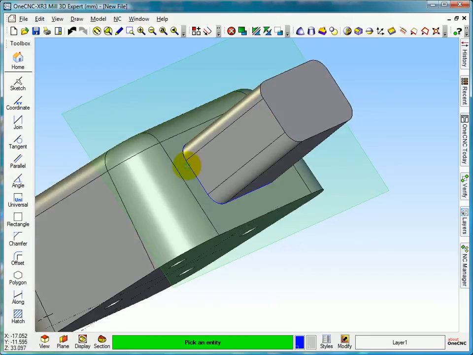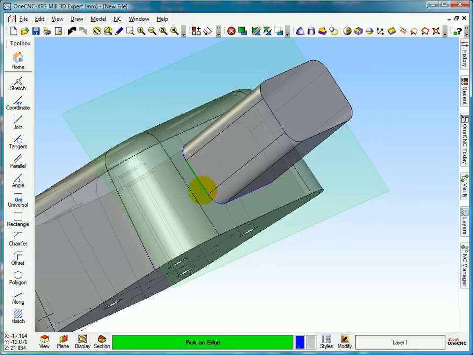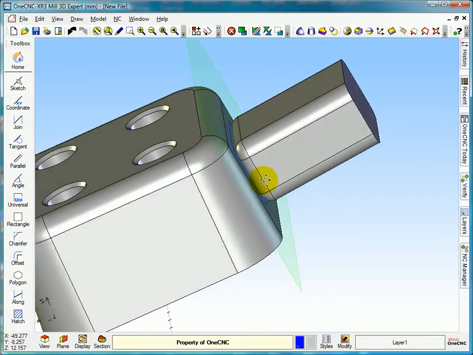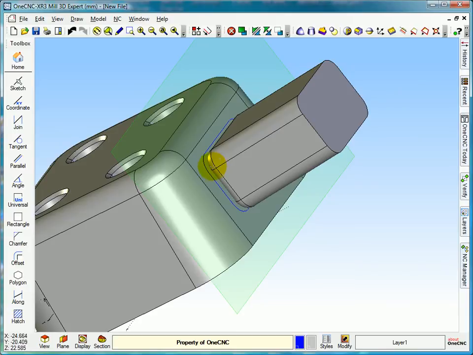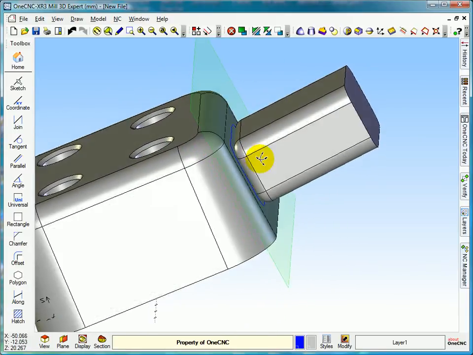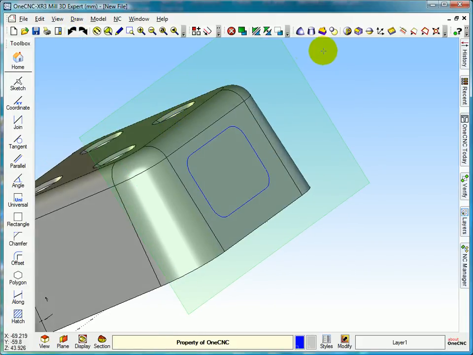Let's just for argument's sake say I'm going to put a fillet on this corner around this shape. So if I go into fillet, we'll create a standard fillet. I'll put a 4mm fillet, select OK, pick this edge, you can see it's now selected everything, press my right mouse button, and you can see it's filleted this solid, not filleted between that solid and that solid. That's because I created it incorrectly. So if I just undo what I've done and undo again,